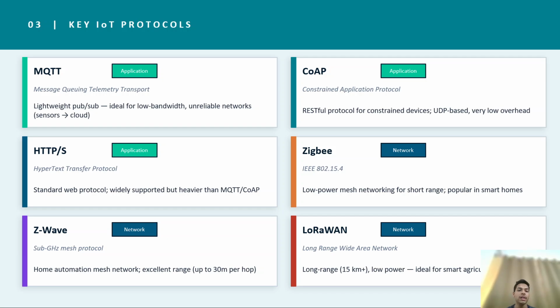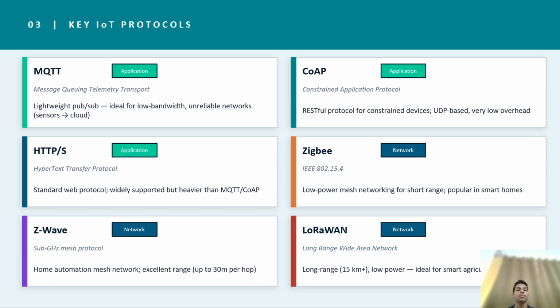It's extremely lightweight and works even on 2G networks. CoAP is similar to HTTP but designed for constrained devices. It uses UDP instead of TCP, making it even lighter. HTTP is the protocol we use on the web, not the most efficient for IoT but useful when integrating with